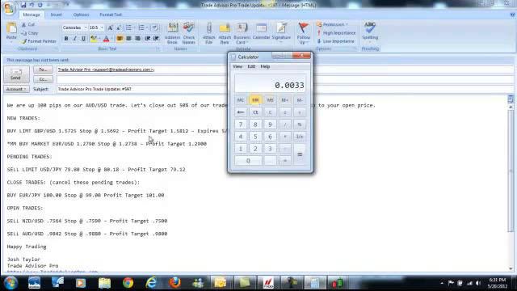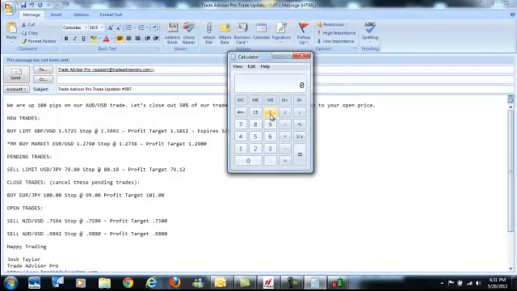Okay, so we have a 33 pips stop loss. So what we need to do is take $100,000 and divide that by 33. Okay, which means I'm just going to round it off. You're willing to lose, if that trade goes against you at a 33 pip stop, you're basically risking $3,000 per